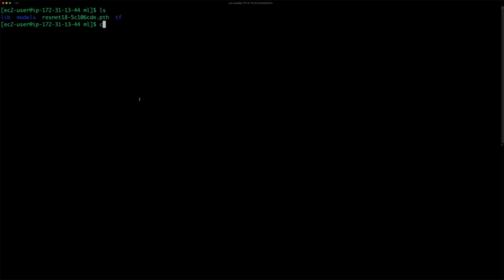Now, alternatively, I could have trained the model in my EC2 instance, but I didn't want to do that for a few reasons. One, ideally, I want to run this in SageMaker, or I want to run it elsewhere and use EC2 only as a bridge to move my artifacts from an external environment to Lambda, because I need to mount the EFS file system. And that is the job of this EC2 instance, nothing more, nothing less. It acts as a conduit, as the bridge between our local environment running PyTorch and Lambda. And once that is done, we can actually terminate the instance, or we can just stop it.